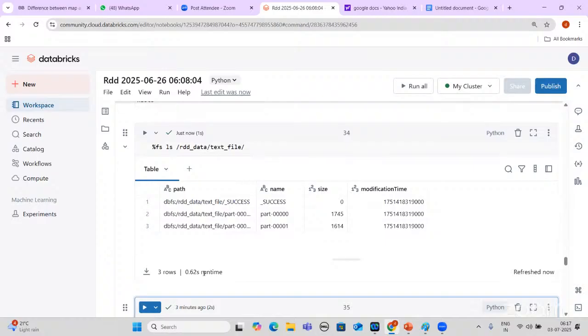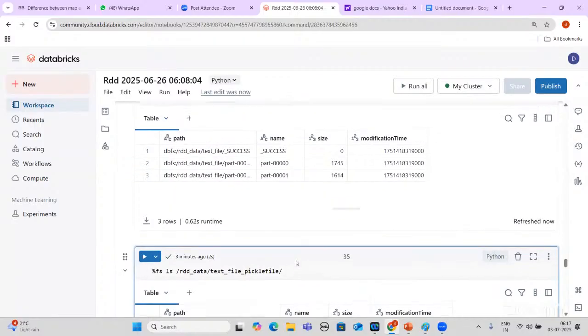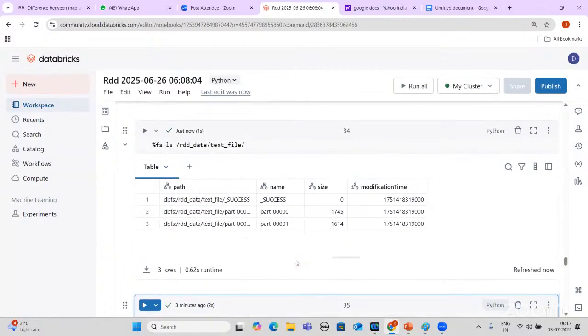See, for the text file also it is stored in partitions. So what we need to understand is that any big data file is never going to be stored as is; RDD is already defined inside. So the data has to be stored in partitions, which is nothing but the Parquet format we are using. We can understand that we have three kinds of big data formats.